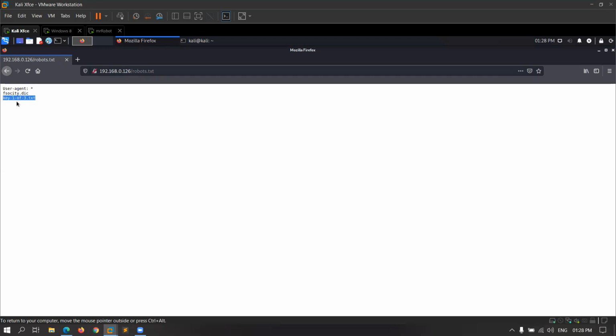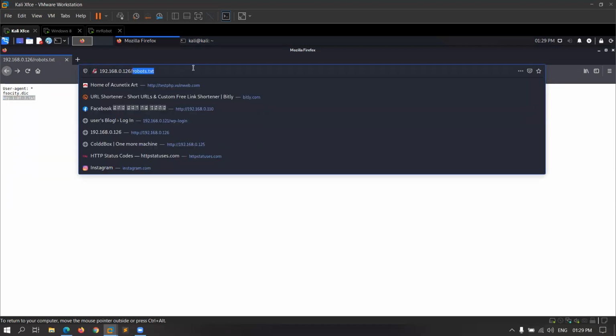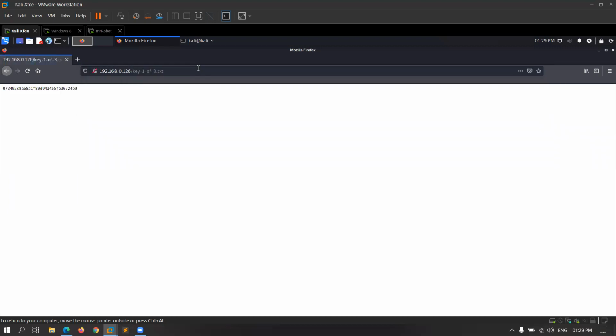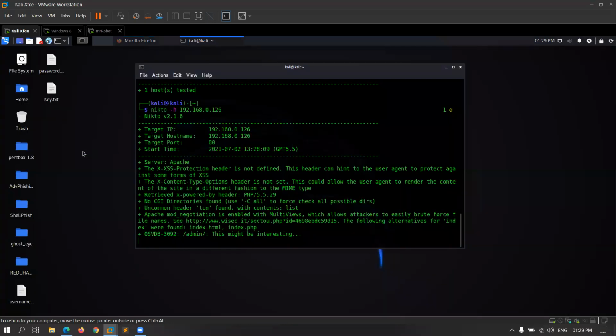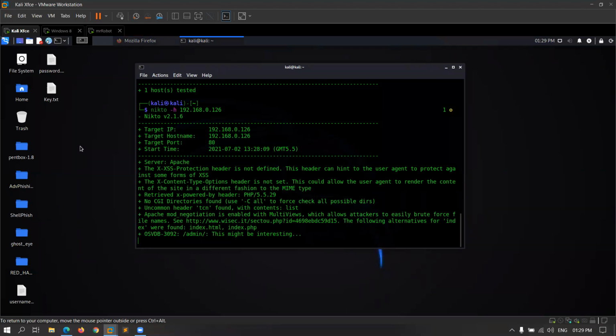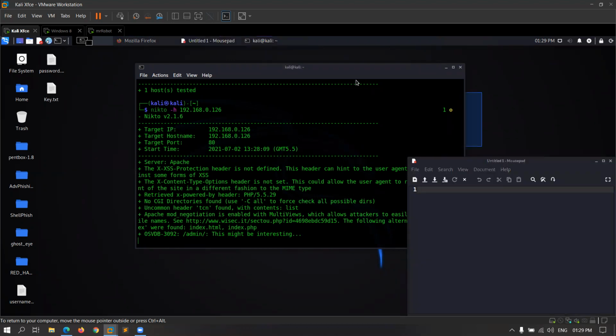So let me copy it and paste it by removing the robots.txt, and I will paste it here and click enter. You can see the first key has been cleared. So I am going to save these keys in my notepad file.